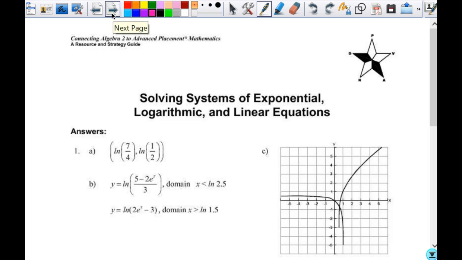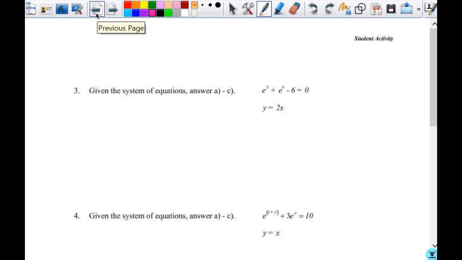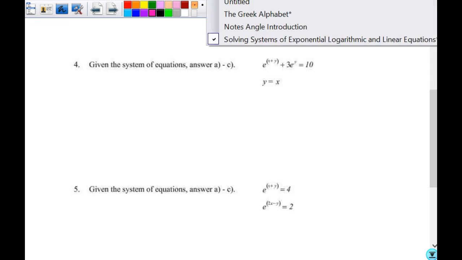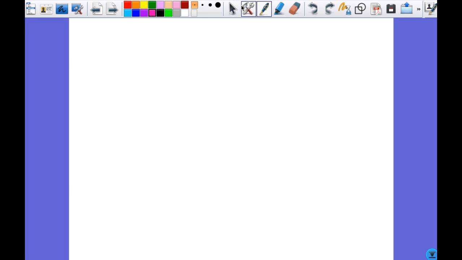Again, I would suggest that you're not necessarily... I probably shouldn't do them right on here. There's not necessarily room on here. So let me just do it separate. All right, so